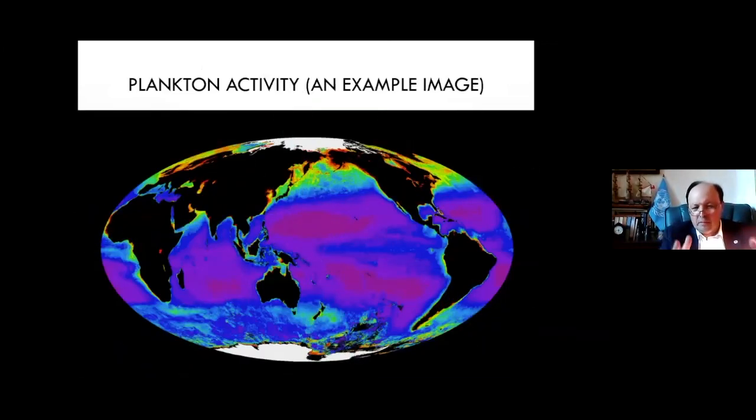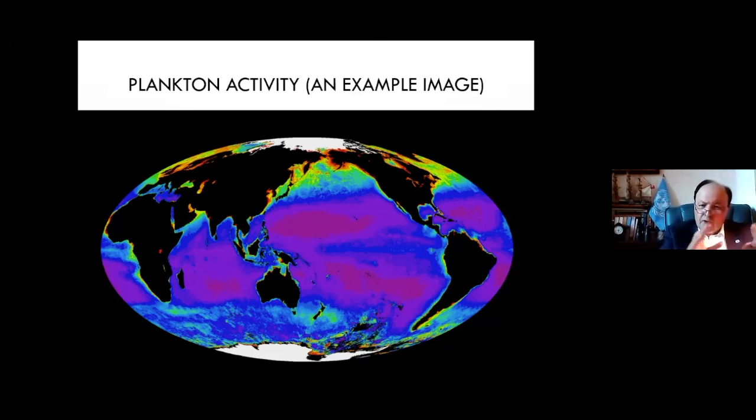And this is another picture, just as an example image of plankton activity in the global oceans. In this particular case, the more active regions are the orange and yellow patches, in cooler waters. By the way, I'm not sure if I mentioned this, but cooler waters have more capacity to absorb CO2 emissions. That's an important thing, because when we think about global warming, warming of the oceans makes the oceans less efficient at capturing CO2 emissions from the atmosphere.